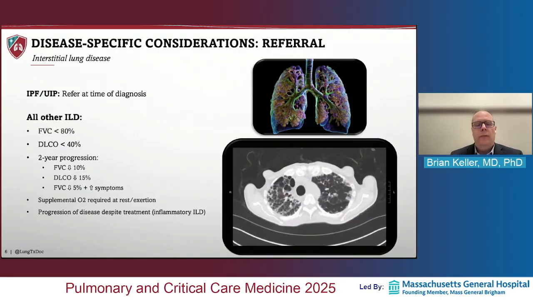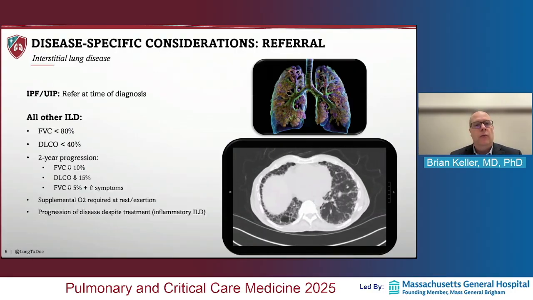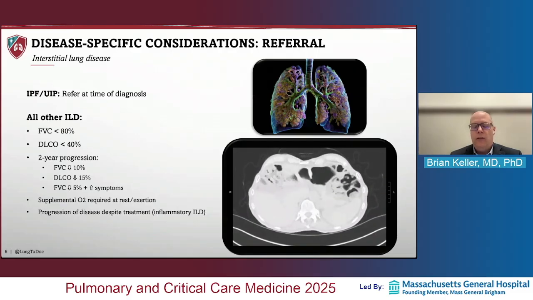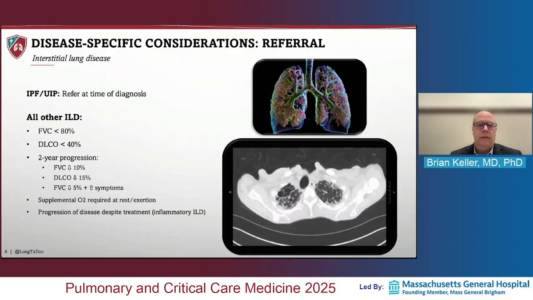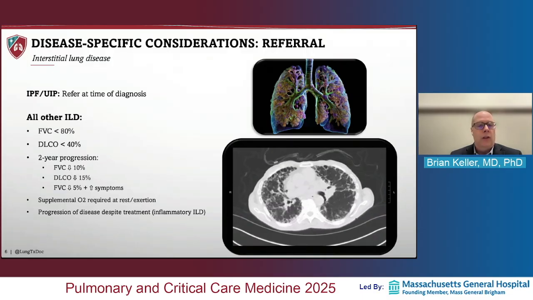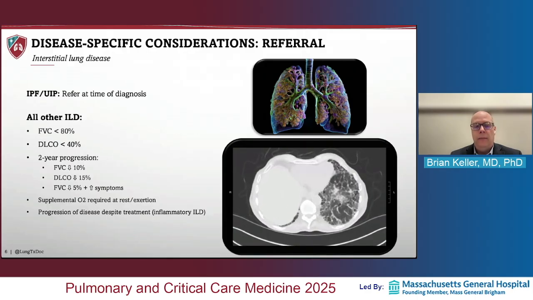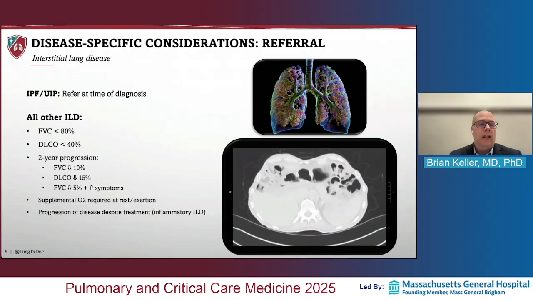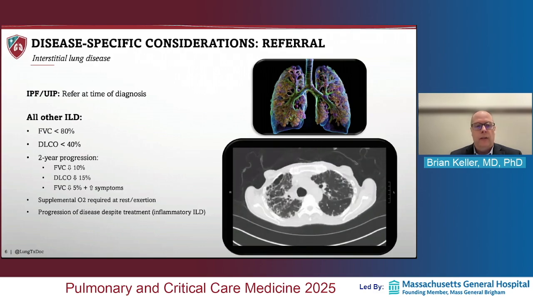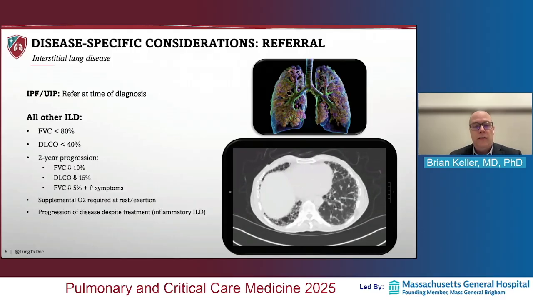Now, we're going to go over some of the more common indications for lung disease. We're going to specifically talk about indications for referral and timing of that referral. And we're going to start with the number one indication for lung transplant here, interstitial lung disease. So the guidelines currently recommend that patients with idiopathic pulmonary fibrosis or a UIP pattern on their biopsies should still be referred at time of diagnosis. So even though we have these antifibrotic medications which have shown some promise and some efficacy in slowing progression of disease,